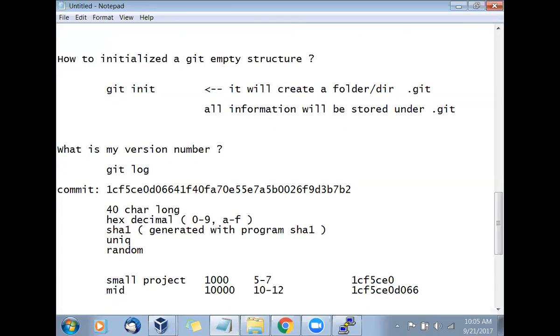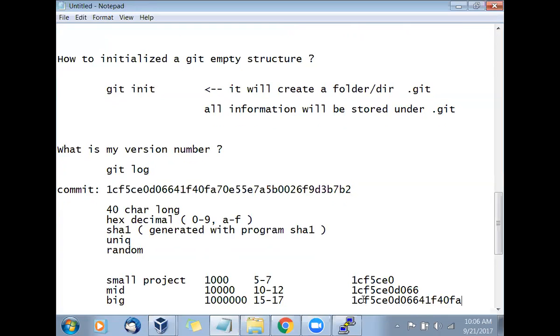If you are going with a big project, which may have 1 lakh or more files, go for 15 to 17 characters. You can go with a little bit more number, something like that.